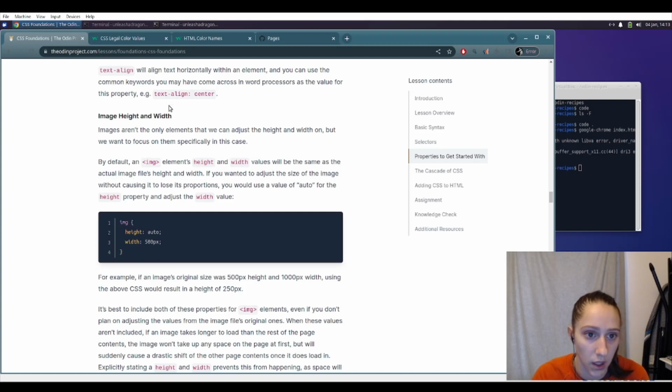Text align will align text horizontally within an element. You can use common keywords you may have come across in word processors for this property. So text align center,